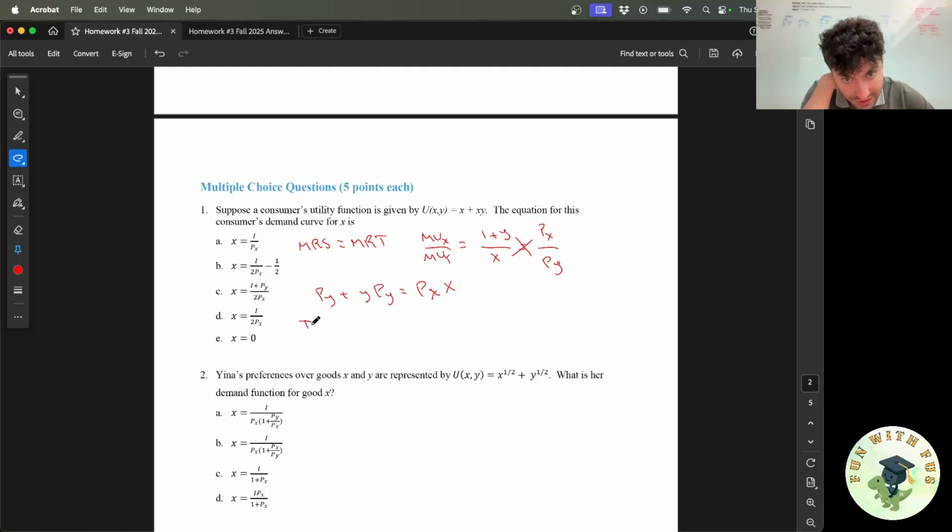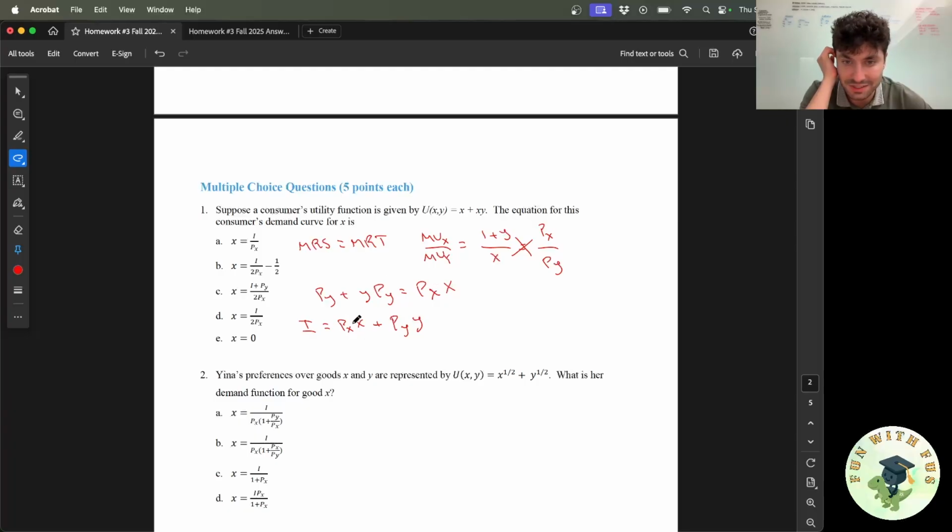You're pretty much always just going to plug it into your income statement. So we have income equals price of x times x plus price of y times y. And something we'll notice right here that's pretty cool is